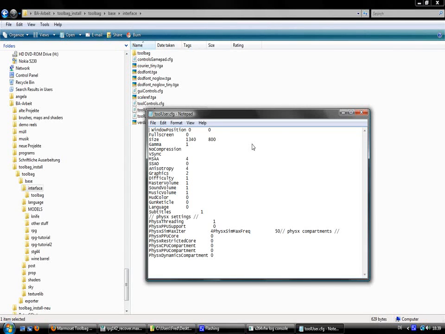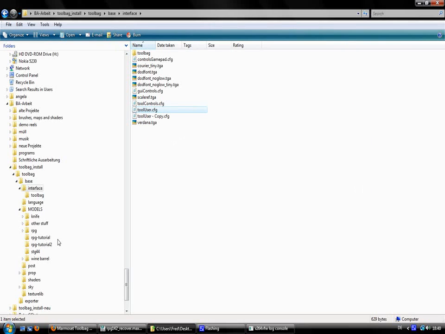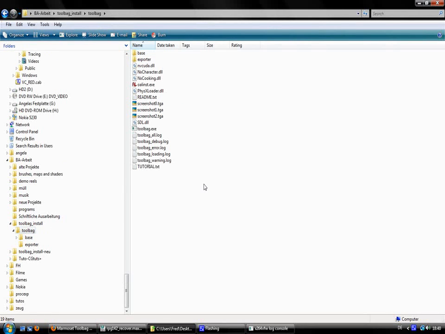I heard there are some problems if you run the program in full screen, so you should make it a little bit smaller. In my case, I put here 100 pixels less than my actual resolution, and it works fine. So you might want to do this as well. Okay, so change the settings and hit save. Now I'm gonna finally open the program, the Toolbag,